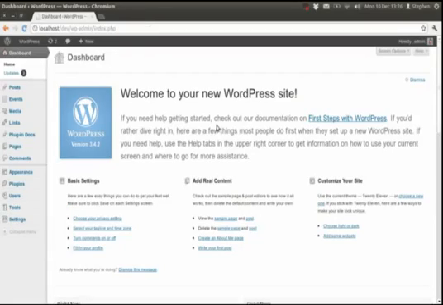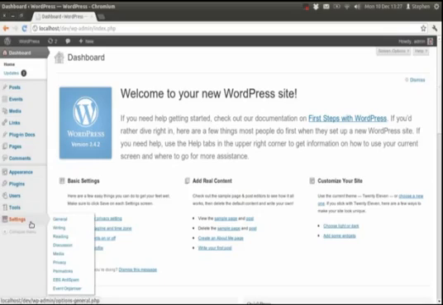So this is an introduction to Event Organiser, an event management plugin for WordPress. Once you've installed and activated the plugin, you should find the Events tab appears on the left hand side here. The plugin settings are down the bottom here under the Settings tab, but let's just jump straight in and